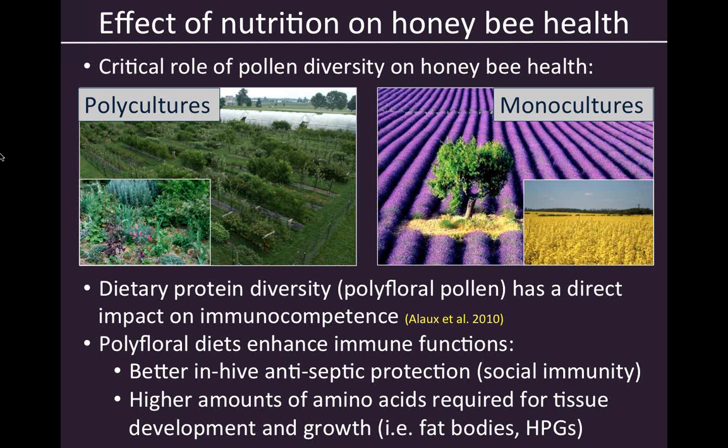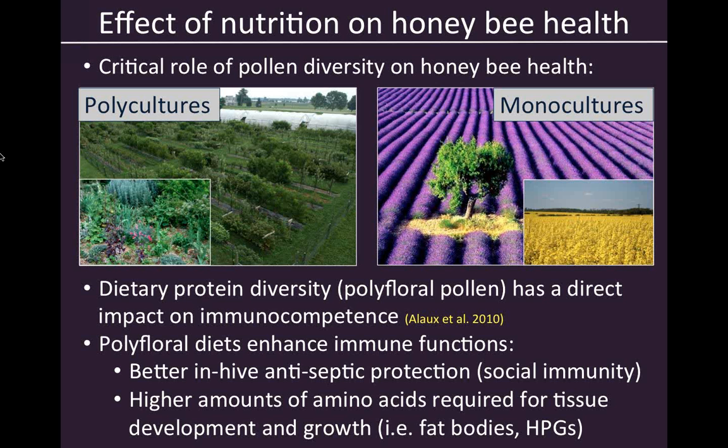They also have higher amounts of amino acids that are required for tissue development and growth, for example, the production of fat bodies and also the development of hypopharyngeal glands, which produce a lot of the brood food that is necessary to raise healthy